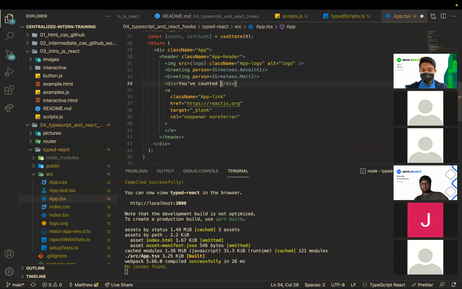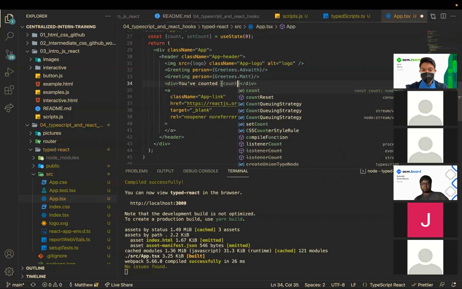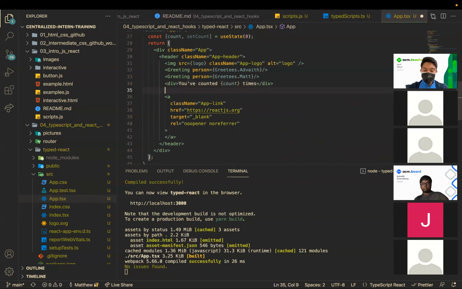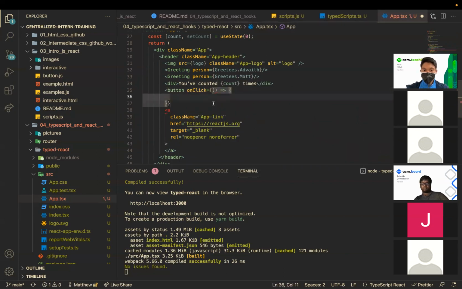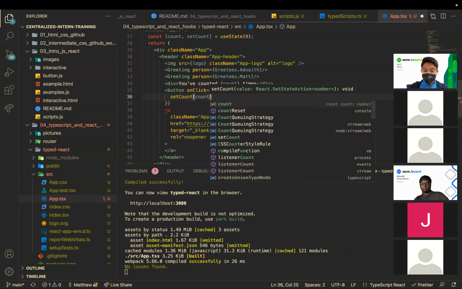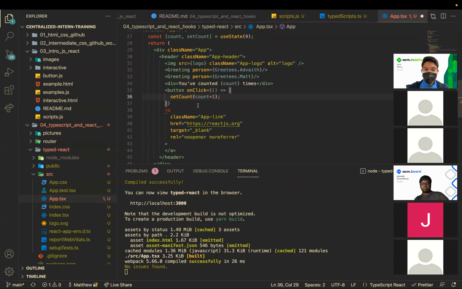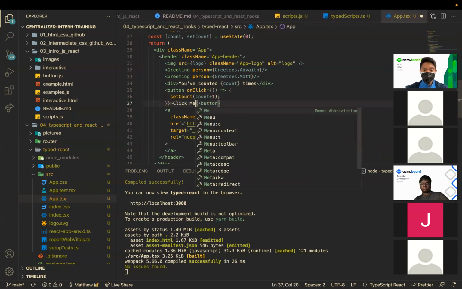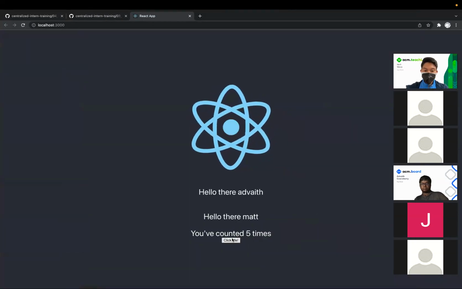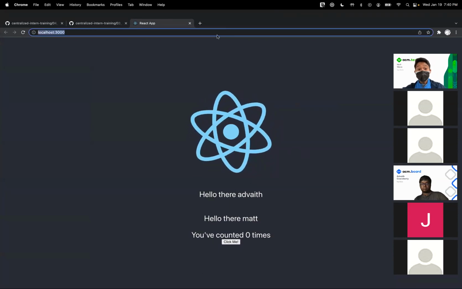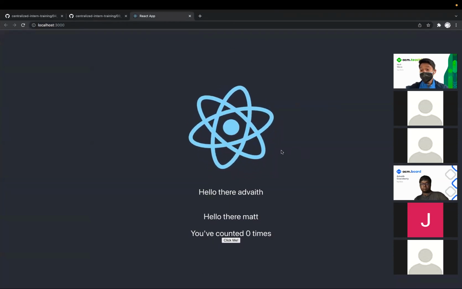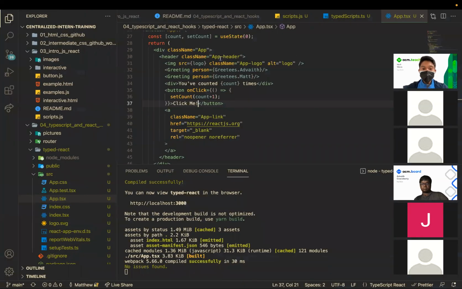You counted count times. Make our button real quick. setCount(count + 1). And let's go ahead and make our button say, click me. Nice. So now that we have our useState variable here, something else that we can do is that we can,